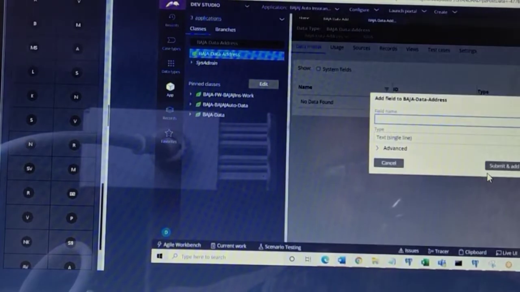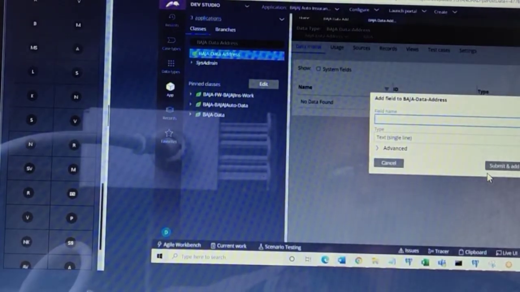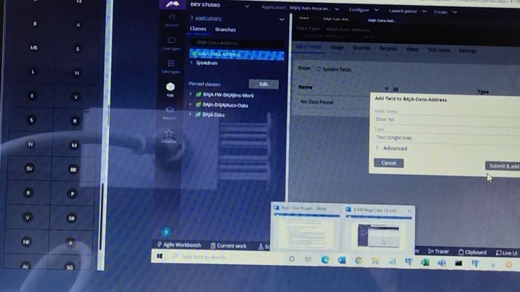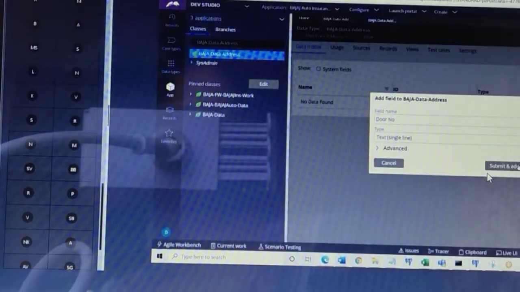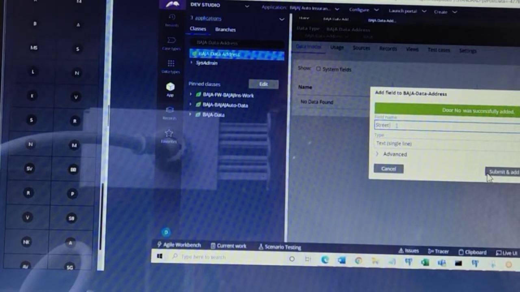Add field. What is the name of the field? Let's say door number. You can add any properties. I don't bother much about these properties, that's up to you. Submit and add another: street name. Again, submit and add another.